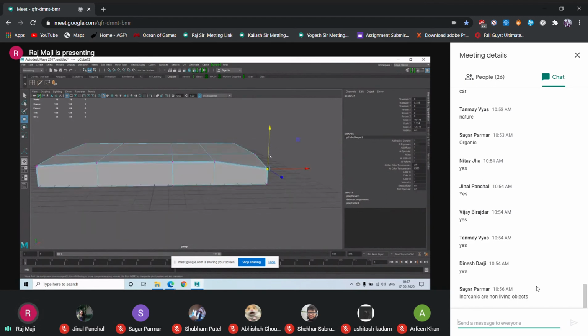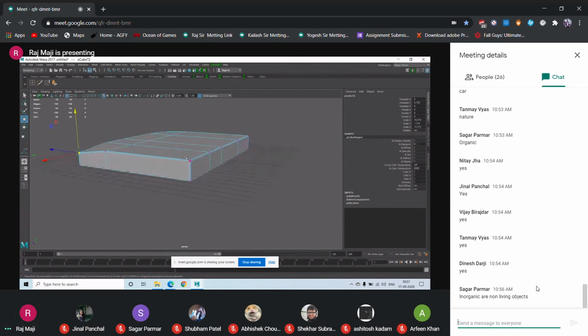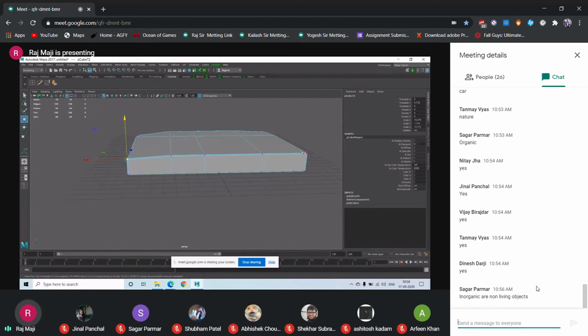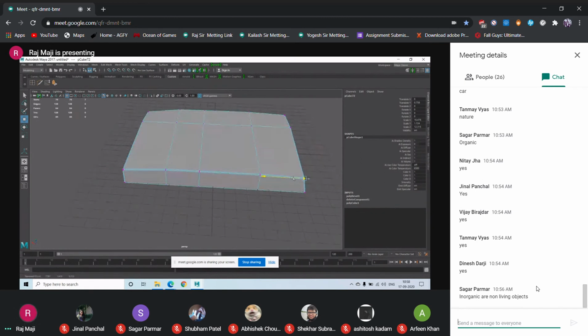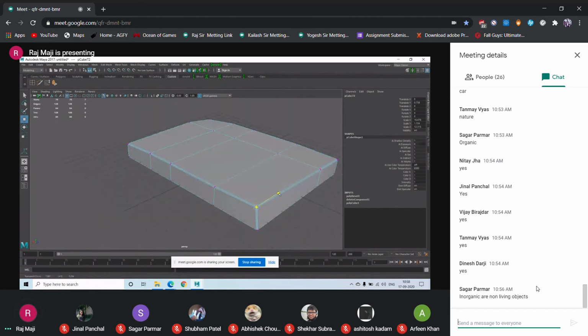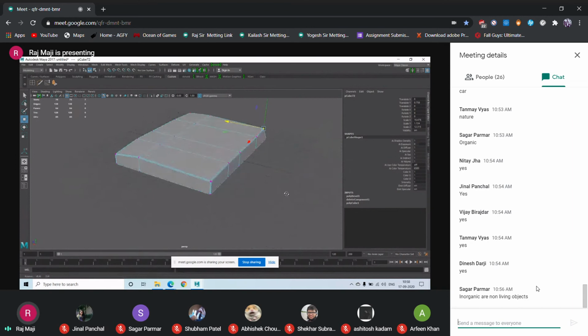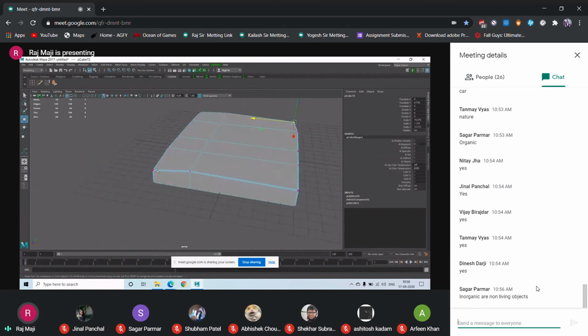I'm putting it too much downward, maybe a little bit downward, but most of the corners will go downward, and also maybe inside, because it should not have a perfect shape.